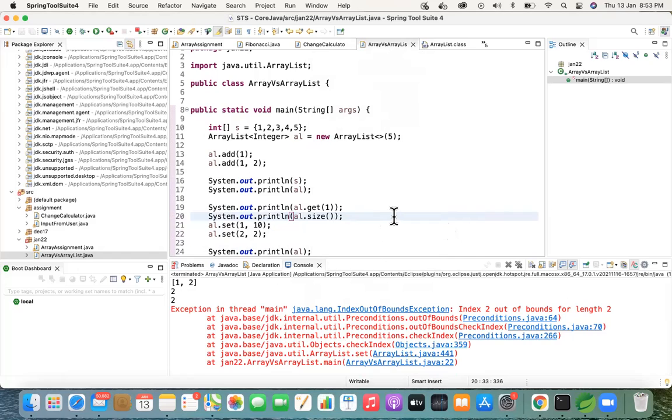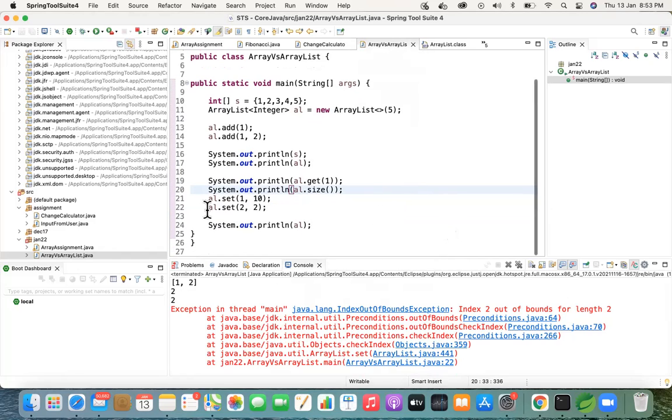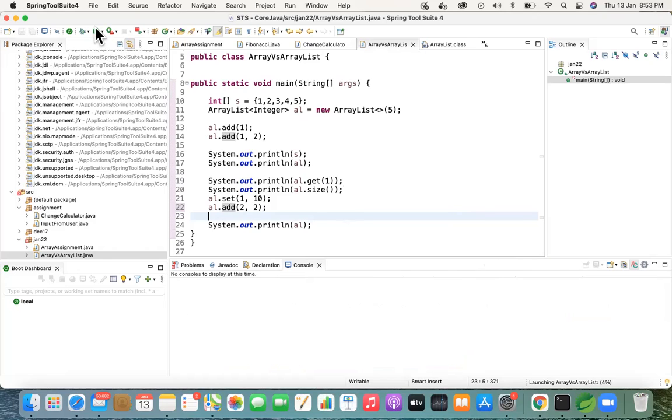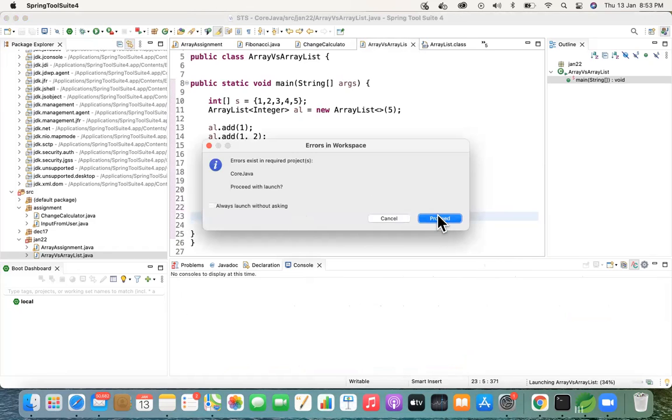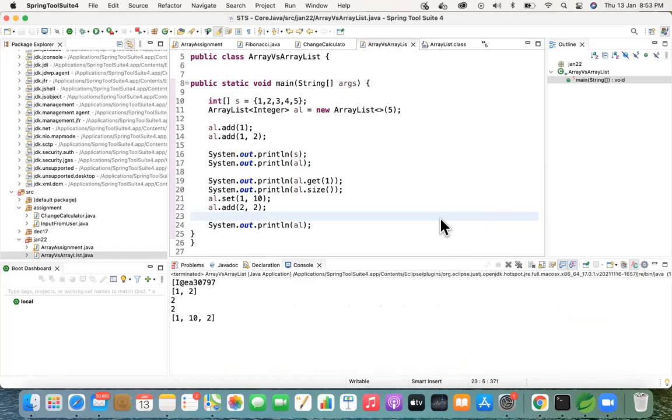In your case, in line number 22, you haven't created an element in position 2, so you got an exception there. You can give add, and then you can update it later, but you have to add it. Otherwise, that will not create any value. Set can be used only to modify the existing. If you print al.size after line number 22, you will get a size of 3. So this one is giving the number of nodes.